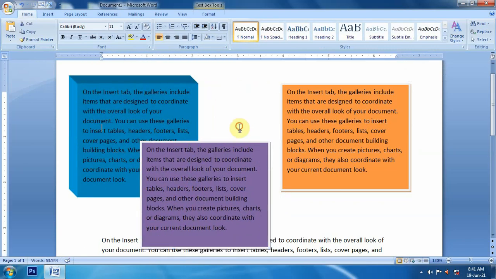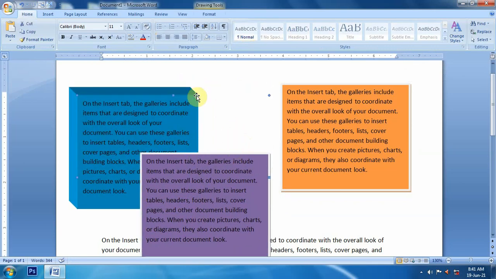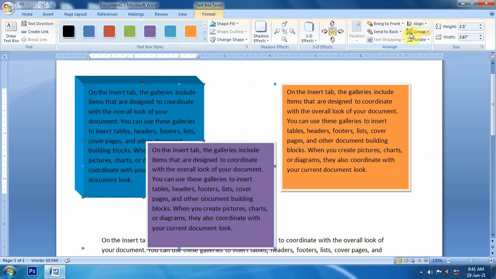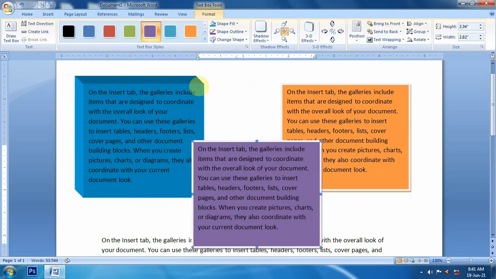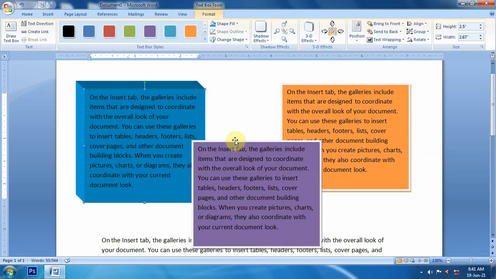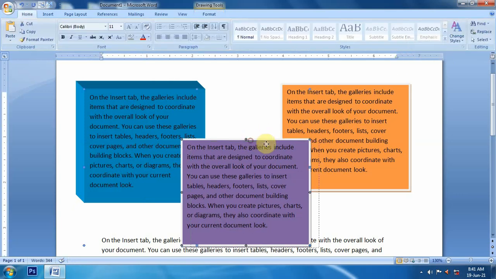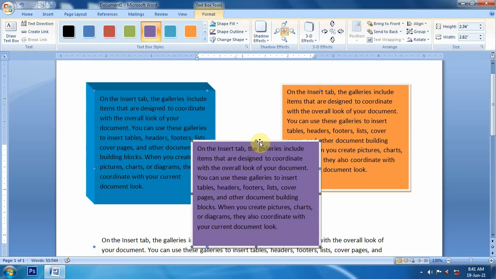If I click any one of them, both text boxes will move together. But if we want to ungroup them, we will go to group and say ungroup. Now they become separate shapes and are not connected to each other. But if we say regroup, then again they will become a group and will behave like a single shape. So this is the property of group, ungroup and regroup.